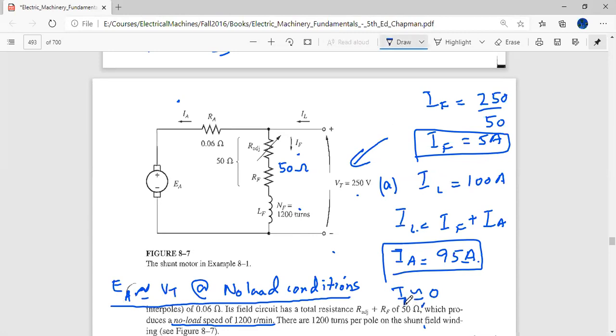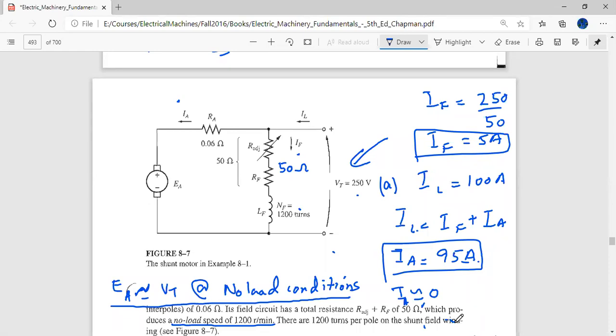Okay, and you can just understand this from the logic of the transformer that I gave you, that when in the transformer you are attaching the primary side to some voltage and in the secondary side you do not attach any load. So what happens is the transformer takes minimum supply from the primary side because it hasn't got any load to give the energy to. So the minimal energy it takes is just for the setting up of the magnetic field and stuff. And as you attach the load on the secondary side, then it starts drawing a lot of current from the primary side. Similar is the case over here in the motor.